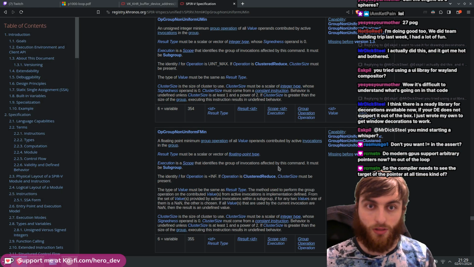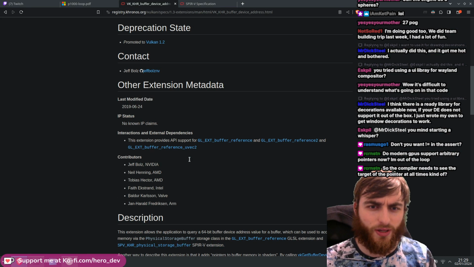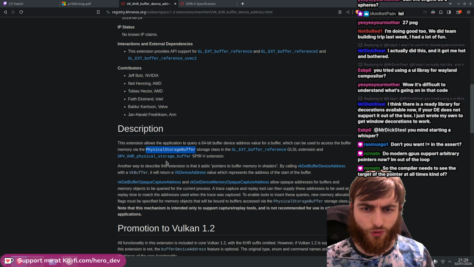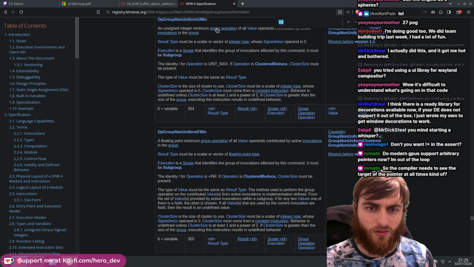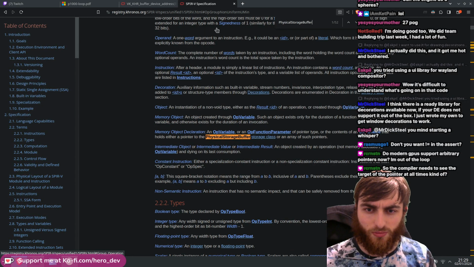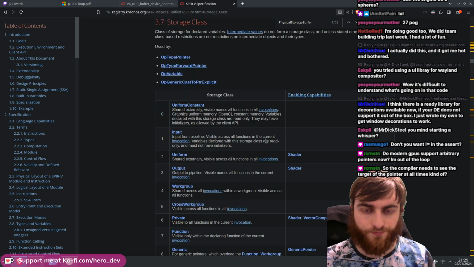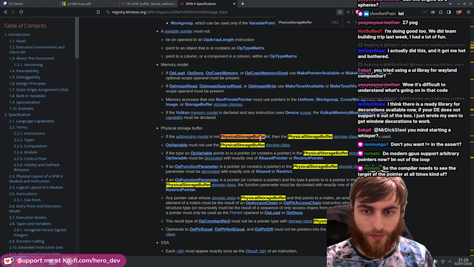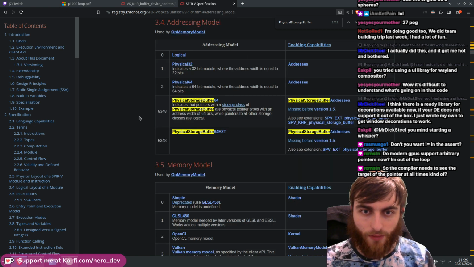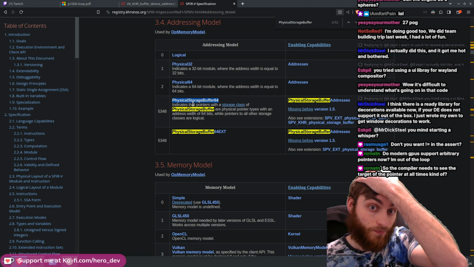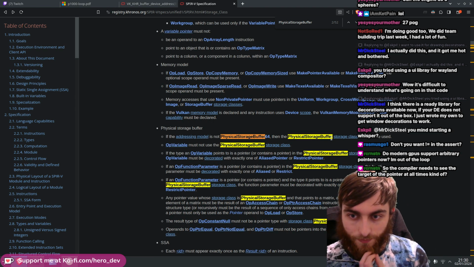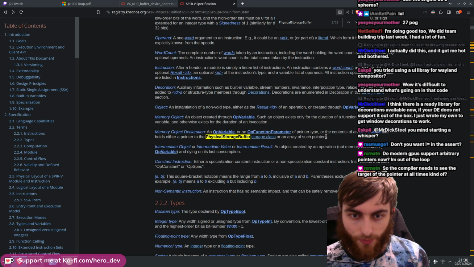So in SPIR-V, it enables this physical storage buffer thing and some other storage class, right? So you can change the addressing model from logical to this physical 64 thing, right? So your shaders use that, and then basically,